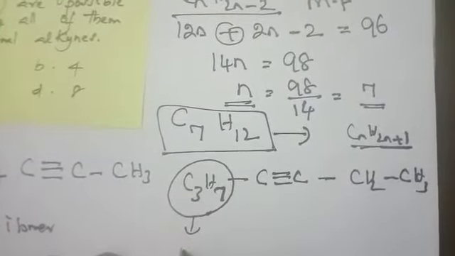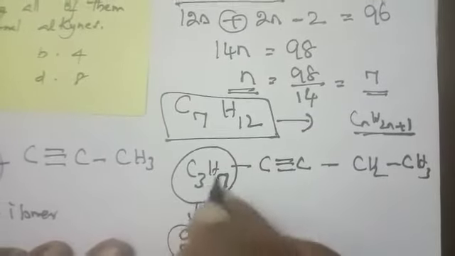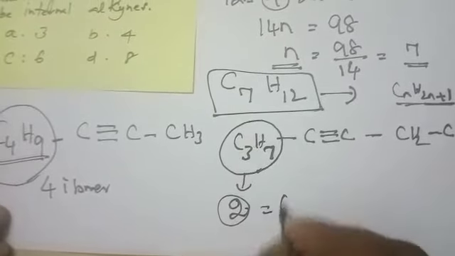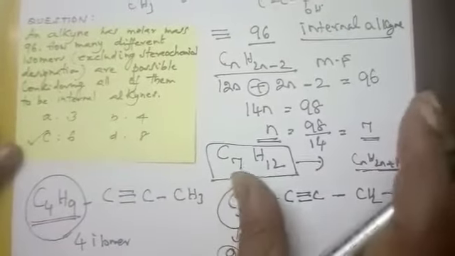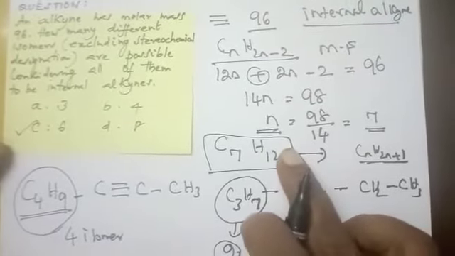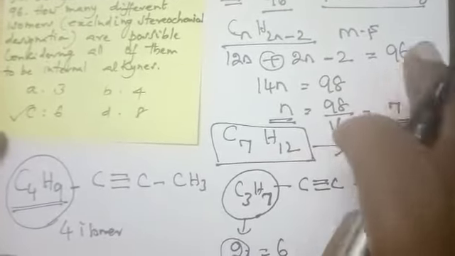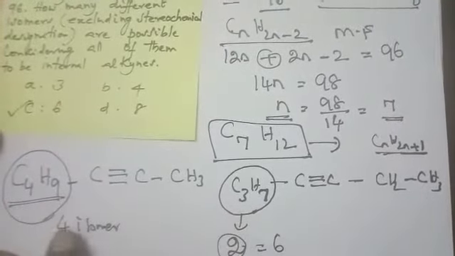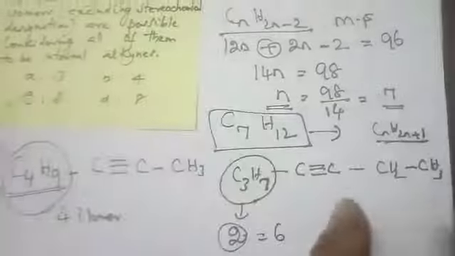In propyl, how many isomers are possible? Only 2: n-propyl and isopropyl. Totally you are having 4 plus 2 is equal to 6. Now your option is 6. This is the way you have to approach the sum. So with the triple bond, you write the alkyne formula, the individual molecular formula, combine it, and then write the internal alkyne in 2 formats, and in each format you can add the isomers. Okay, now let us go to one more question with the same pattern.